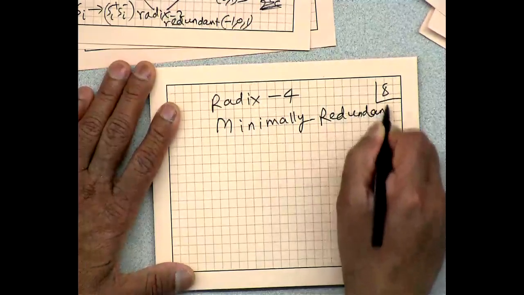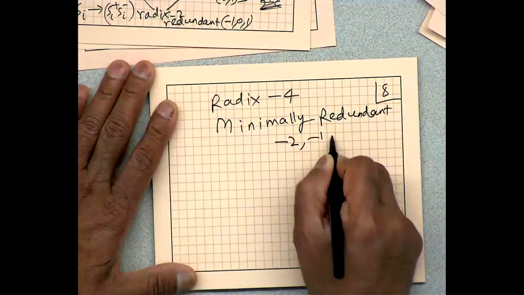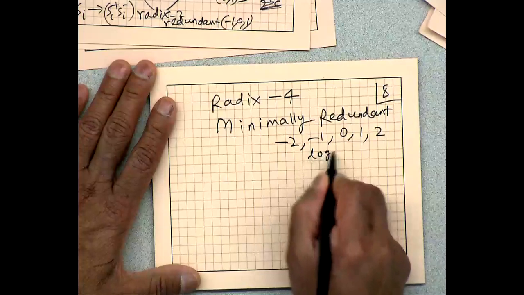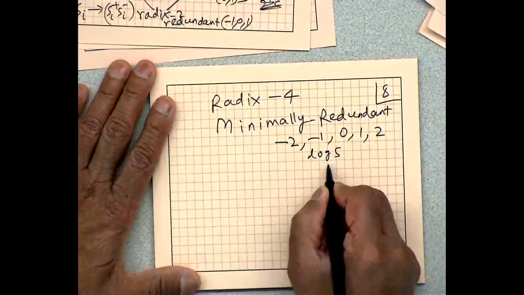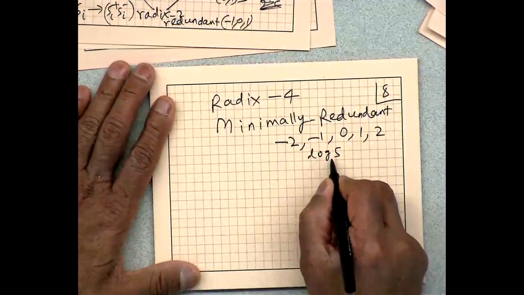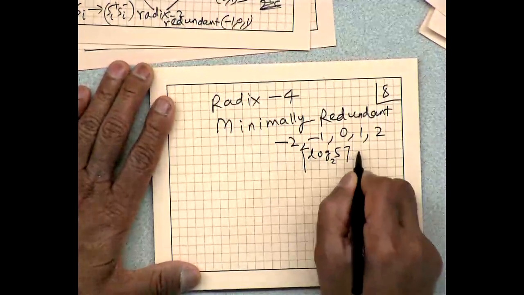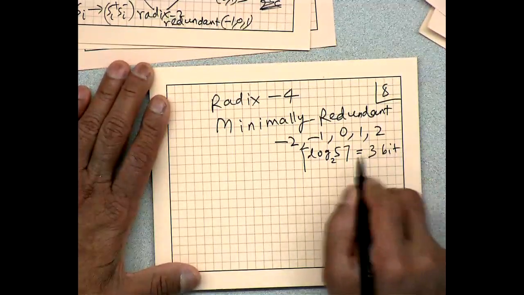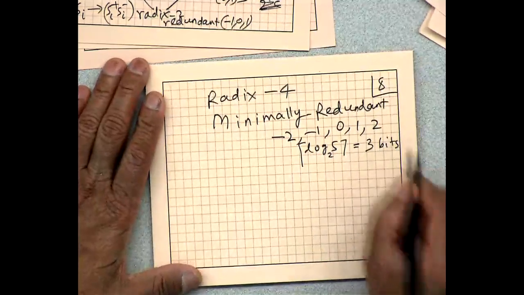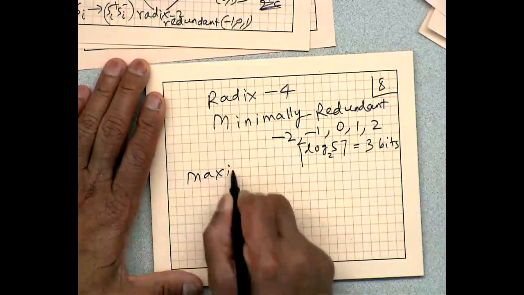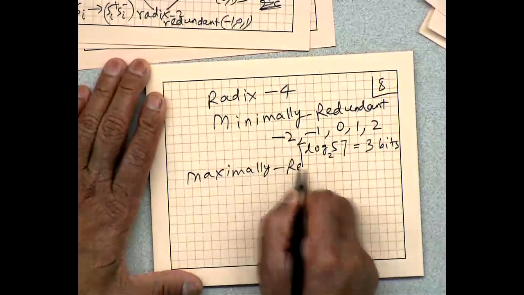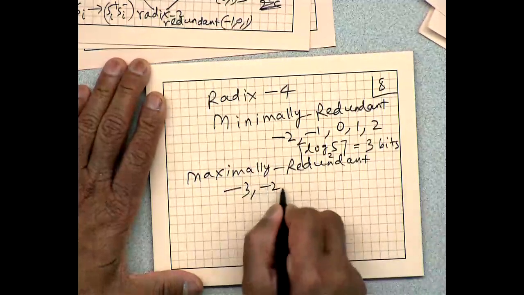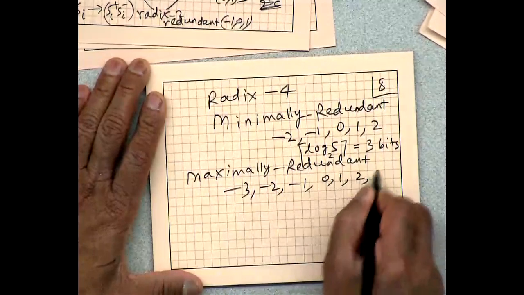and that means the value of the digit can be minus 2, minus 1, 0, 1, 2. So it will take log 5 to base 2 binary bits, and that's going to be 3. 2 to power 3 is 8. It cannot be represented using 2 bits, so we need 3 bits. Okay, maximally redundant in radix 4, each digit can be minus 3, minus 2, minus 1, 0, 1, 2, 3, and